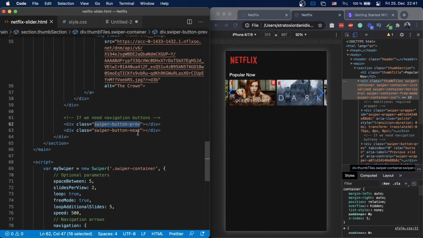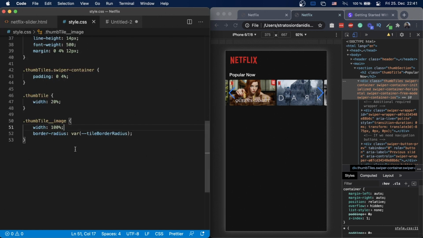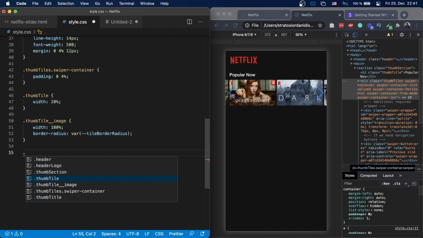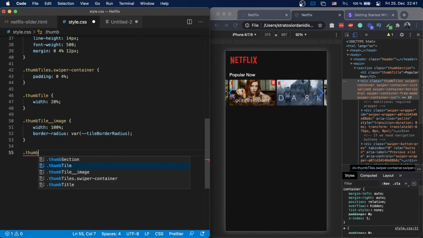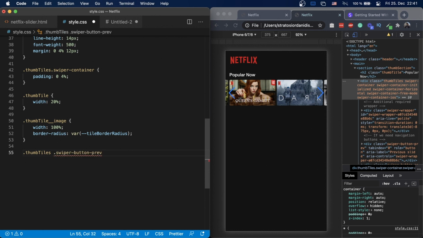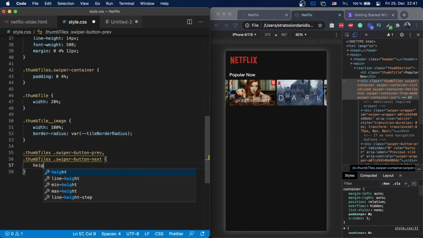And I'm going to take this class, go back here and say that this is inside the thumbnails, and then I'm going to paste the class name, copy this, comma, paste it again, and then do next. So this means I will do it for both of them, and then I'm going to give them a height of 100%. I'm going to give them a width of 4%,